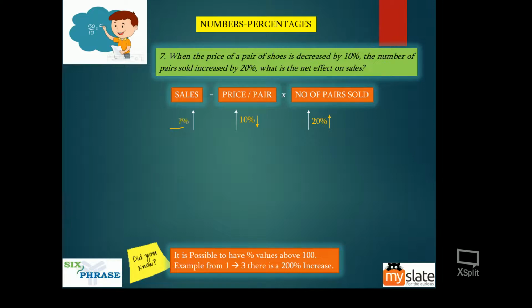So I'm going to apply. Because there is a 10 percent decrease, minus 10, and a 20 percent increase, so plus 20. You apply the formula, and you'll get 8 percent. Now the positive sign indicates what? There is an 8 percent increase. Totally there will be an 8 percent increase, not a decrease, because of the positive sign. Had you got a negative sign here, then it would be an 8 percent decrease, but it is positive.